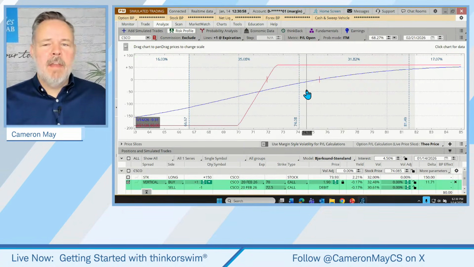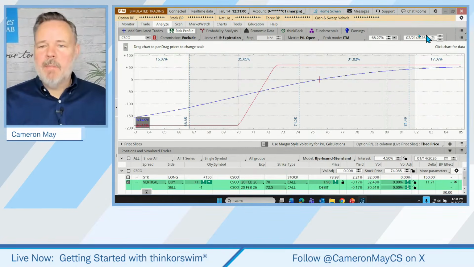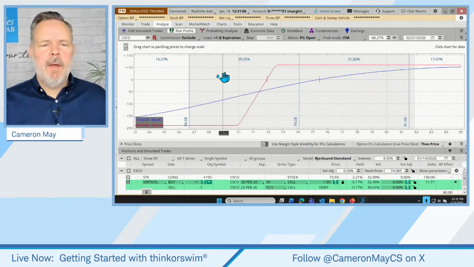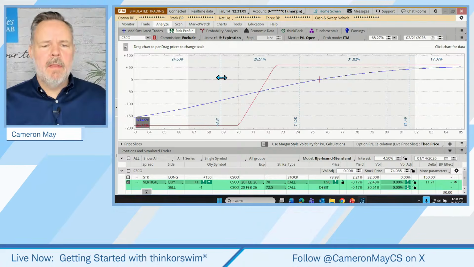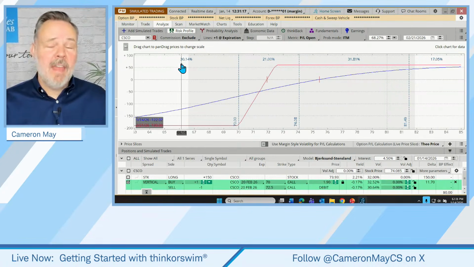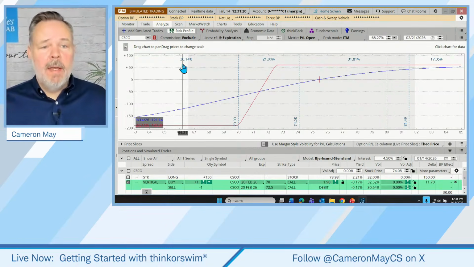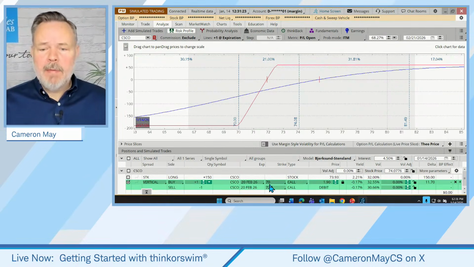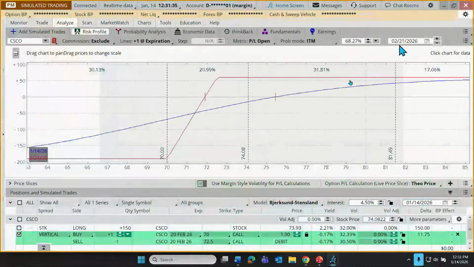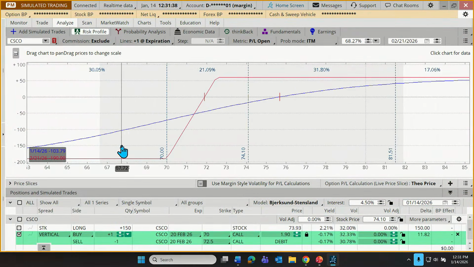But let's say that our trader, instead of being interested in what's the probability at expiration that we're above where we are right now or below where we are right now, I wonder what the probability is that the stock is below $70. That's our max loss. Well, there's about a 30% chance of that. Now, that is a meaningful percentage for our trader here. I'm about to enter into a trade that could flop. I could lose $190. What are the odds that that might happen? Well, there's about a 30% chance that on February 21st, we wind up below $70.